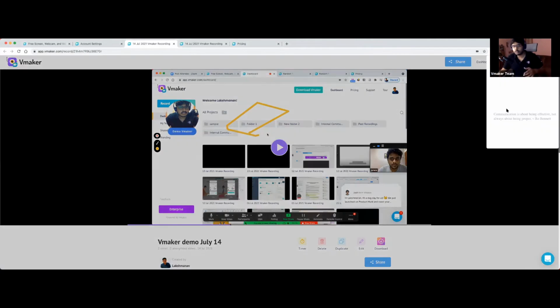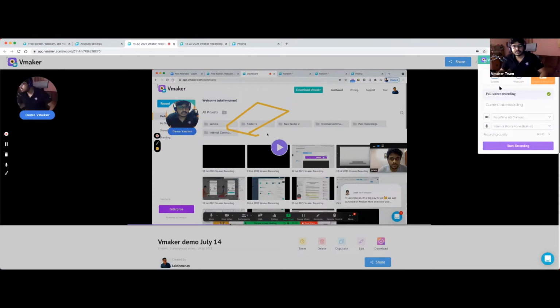So let me just open the Chrome extension because we have a lot of people using Chrome today. We have 3 options which are pretty standard. You can record the screen, you can record the webcam, or you can record the screen plus webcam option. Now I have selected the screen plus webcam option, which is why you see my face right there. You have the option to select full screen recording, which means you want to record a document outside Chrome. Then yes, you need to select the full screen recording. If you're selecting something within Chrome, you can just choose to record current tab also. You don't want people to just see through all the tabs like how I'm doing right now. You can just choose current tab recording and ensure that only the current tab is visible.